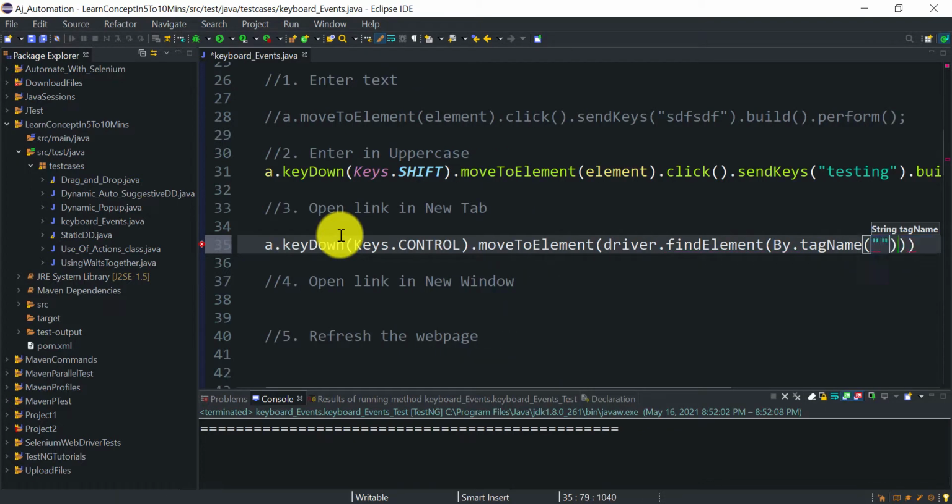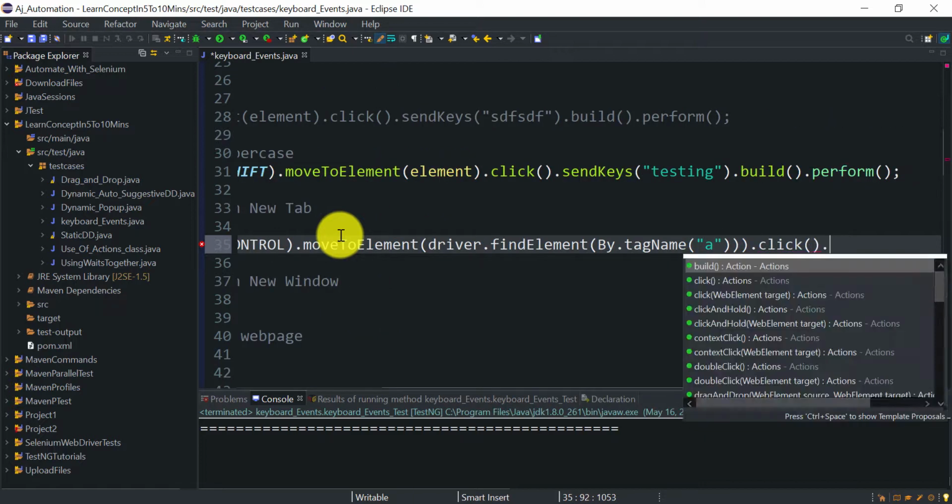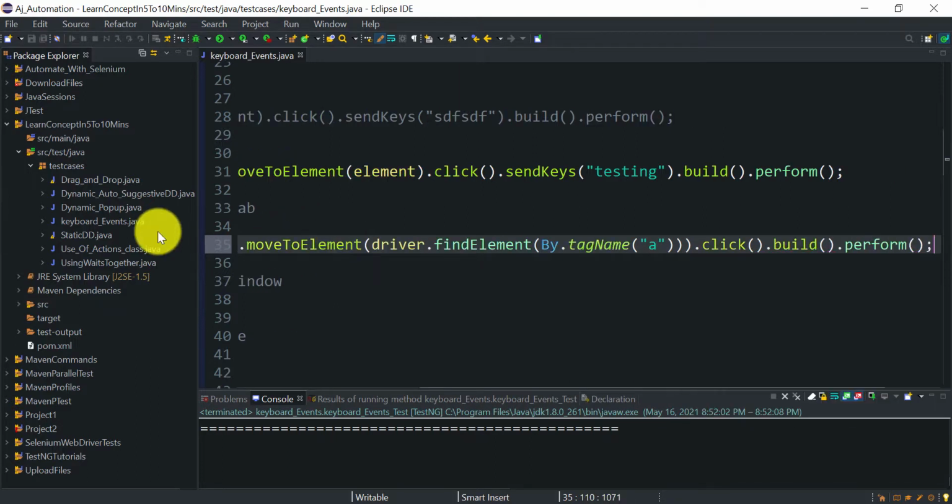As it is a tag name, it would have anchor tag, so with tag name a, then after moving to the web element I need to click on that. So I will click on it, then at the end build dot perform. This should open the link in a new tab.